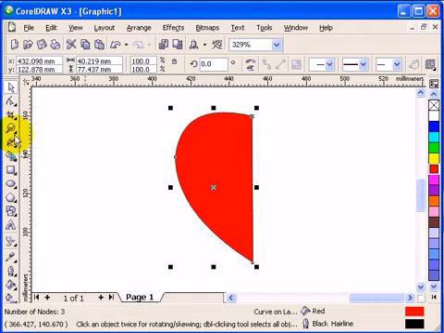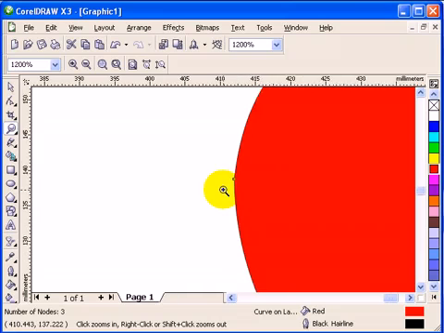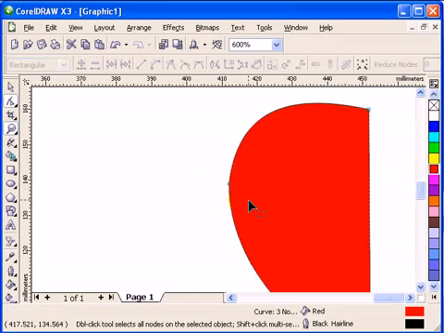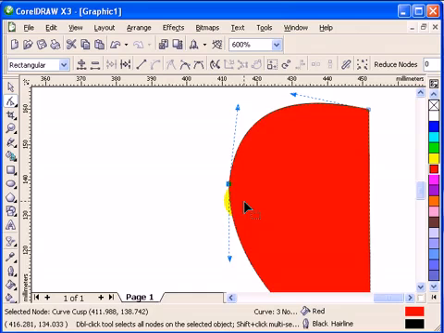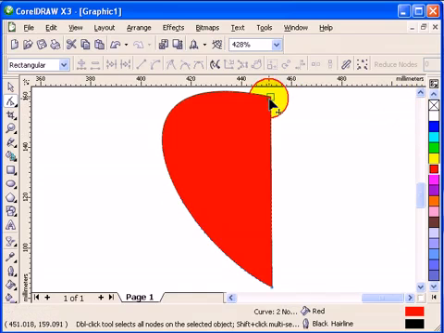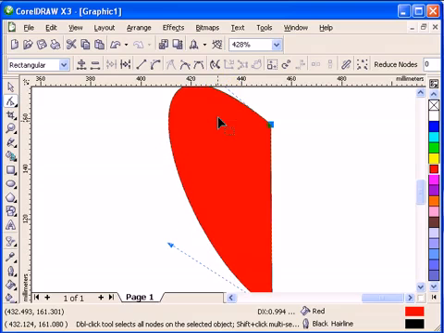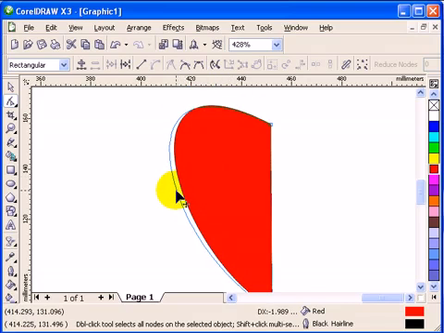Now if you notice, if I zoom in here, that's not really a curve. So what I'm gonna do, I'll delete that node. So highlight the node and then delete. Now I can adjust the shape of the heart. So I want to make it down a bit, and then there. Okay,